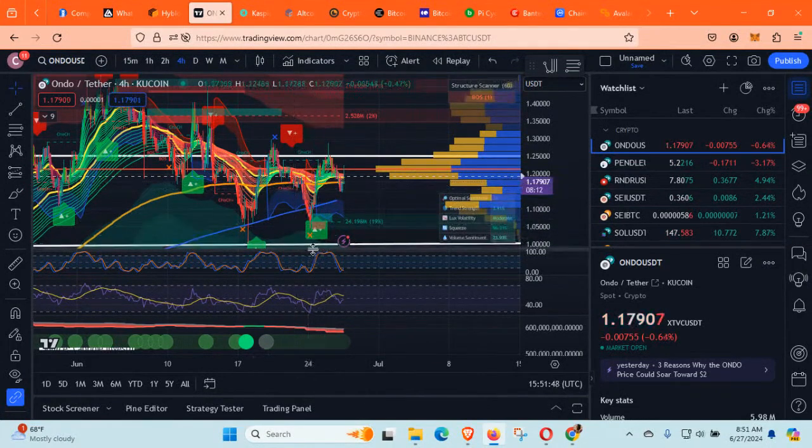So you would have had 4 entries here. So in theory, there is 1 entry, 2 entries, 3 entries, and 4 entries. And you can either enter all 4, just 3 of them, just 2 of them, or just 1 of them, depending on how aggressive you want to be or how conservative you want to be. The very conservative play is to wait for it to come all the way back to $1,